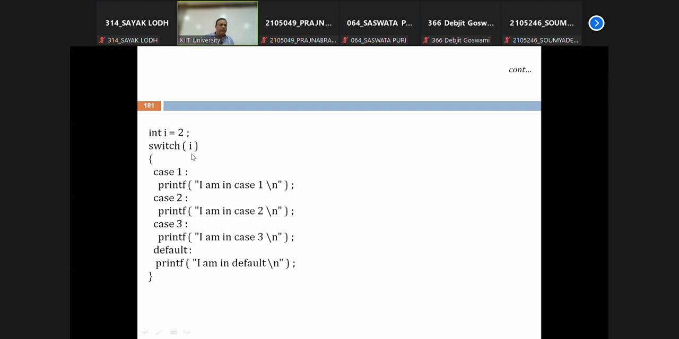If this integer expression doesn't match any one of the constants, it will go to the default. If the value of I doesn't match any of the constants written against a case, control will switch over to the default. So if I write switch I,